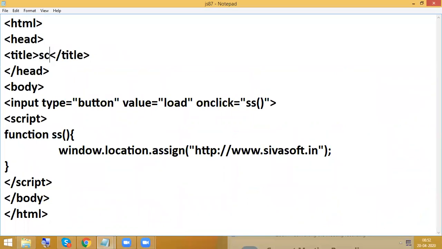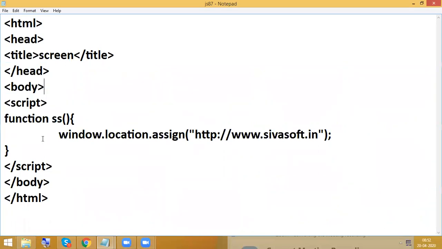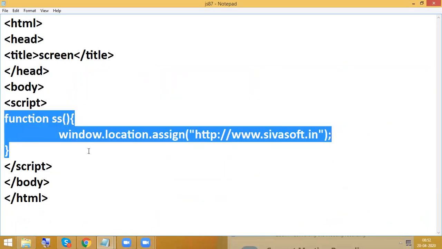Okay, so writing window is optional, and you can write the script part anywhere.